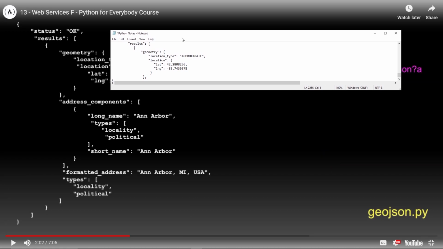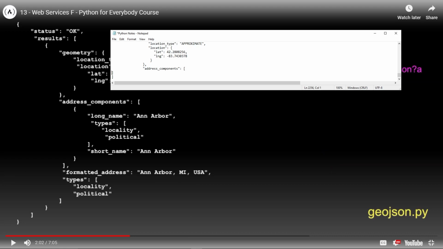All right, so here we're at this comma. So now under this, we're going to come over here and say address_components. And then we're going to have another set of brackets because we're making a list or whatever.